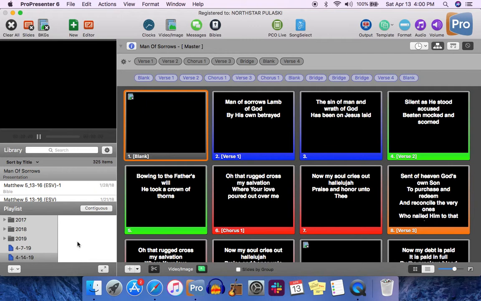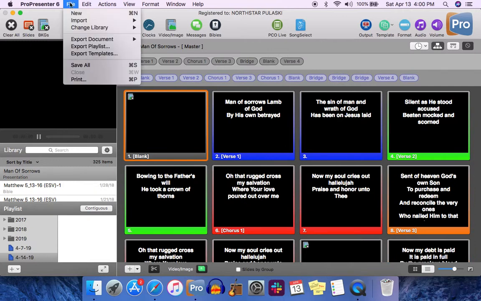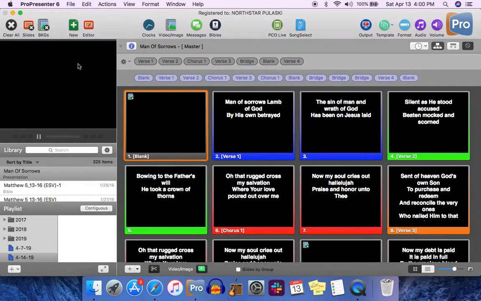So that is how to import a new song in Song Select. Actually, I just remembered one more thing. I'm going to click this eye icon and uncheck display copyright. That just puts the title and stuff on the first slide, and we don't worry about doing that. So I just unclick that. And because I changed something, I'm going to do Save All. Okay, that's how to import a new